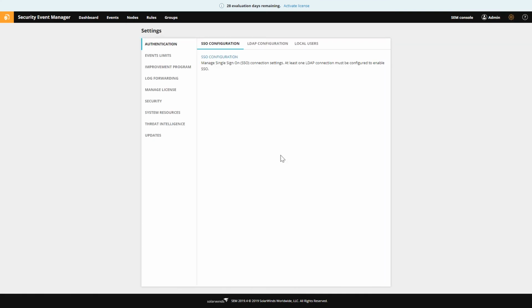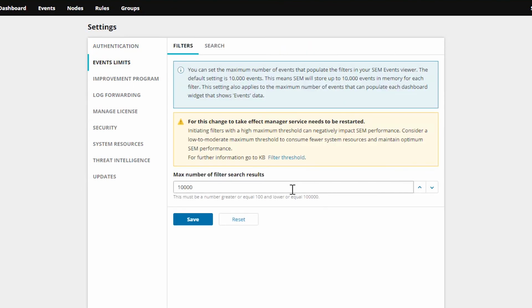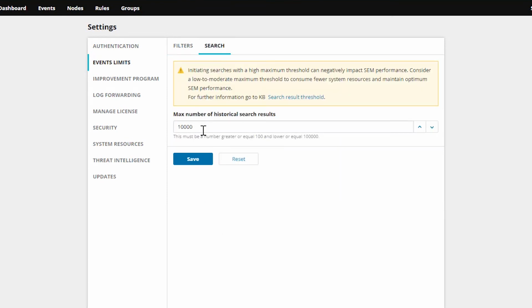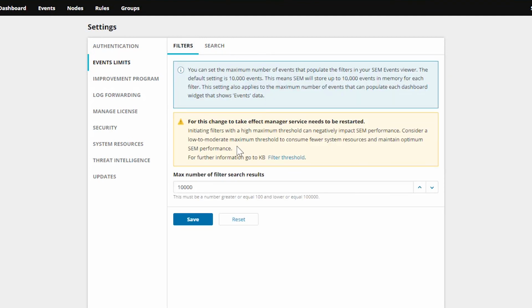If I were to go to the settings button here and go to, let's see, event limits. There it is in front of my face. If I go to event limits, I can set both the filter limit and the search limit however I want to. Now keep in mind there are big old warning boxes on both these tabs indicating that increasing this number is going to have a performance impact. That's why it's limited in the first place. So you only really want to do this if you have a real need for it and you have a very well-spec'd SEM. Okay, otherwise this is probably something you don't want to mess with. It can really hinder performance if your SEM does not have a lot of juice. Okay.